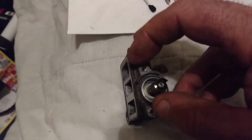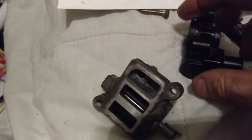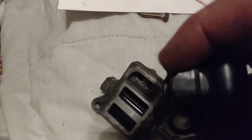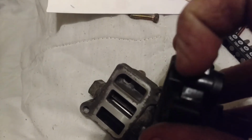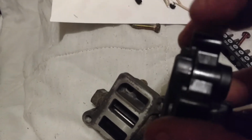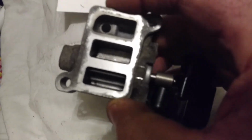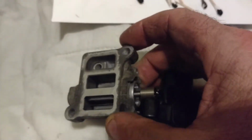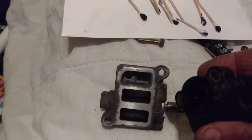Okay, let me also tell you about how this mounts onto here. You can see the slots for the screw has a fair range. So before I took it off, I noticed two lines on the injection molding of this black plastic, and then I made a couple scratches. You see the scratches with a sharp object